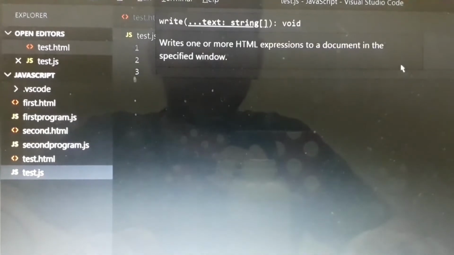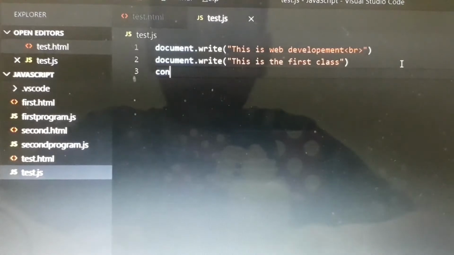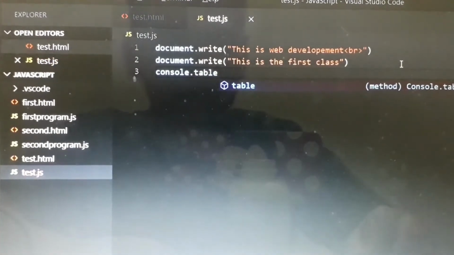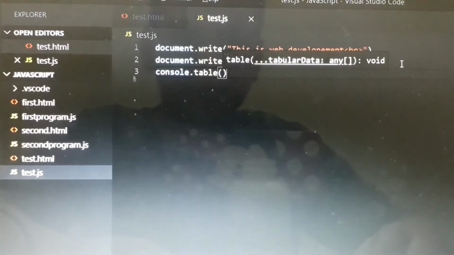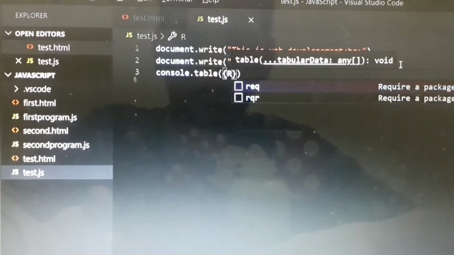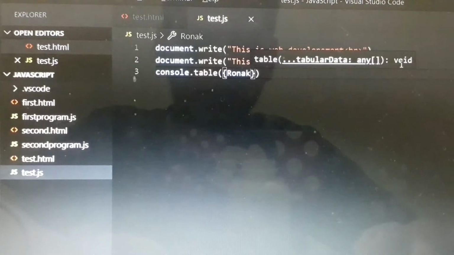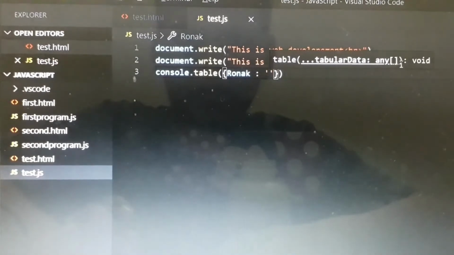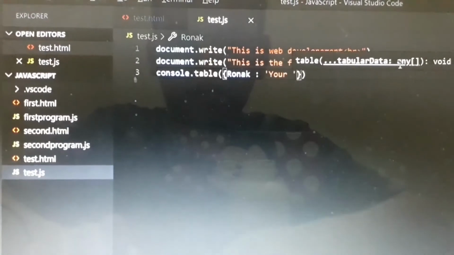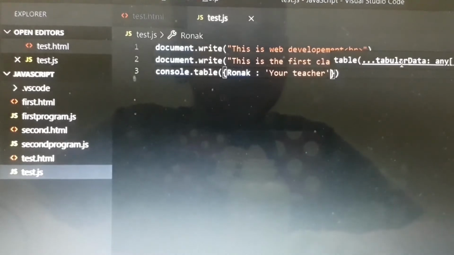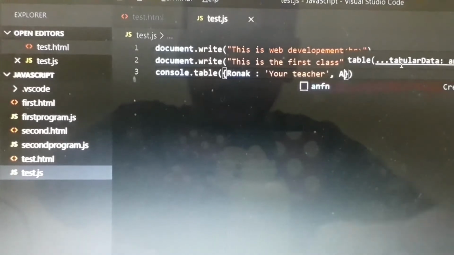Okay, basically this, and then I'll write console.table, and Ronak, your teacher.